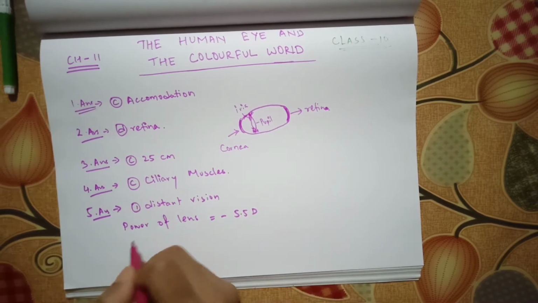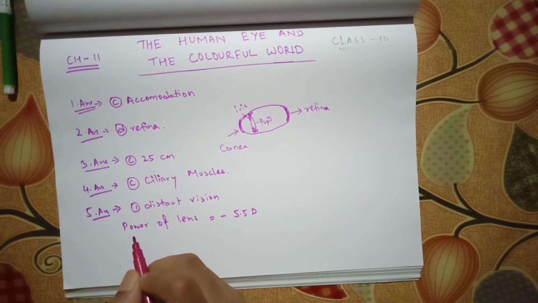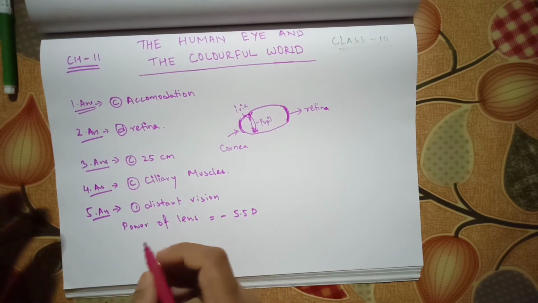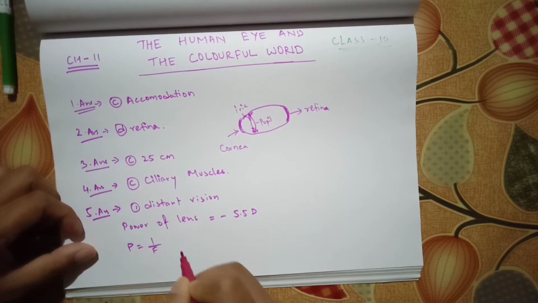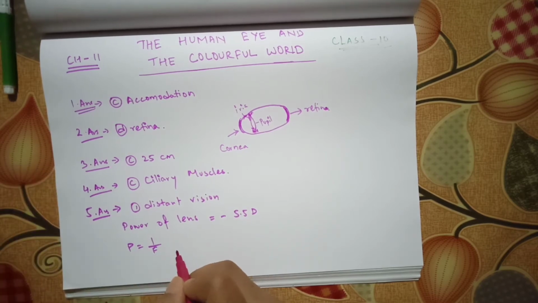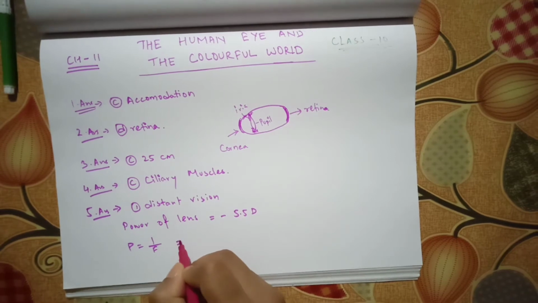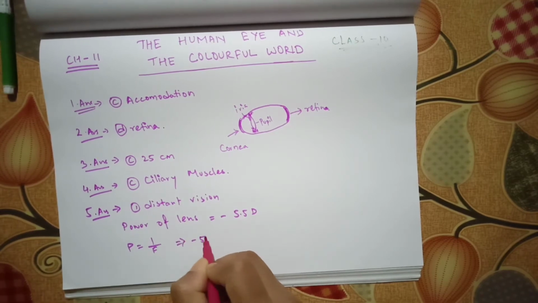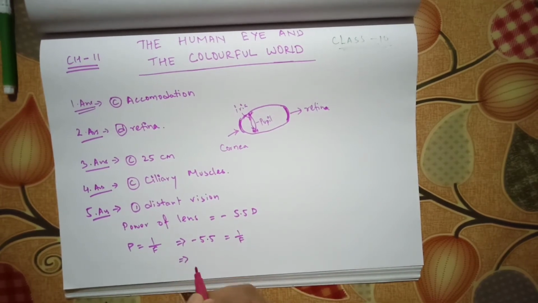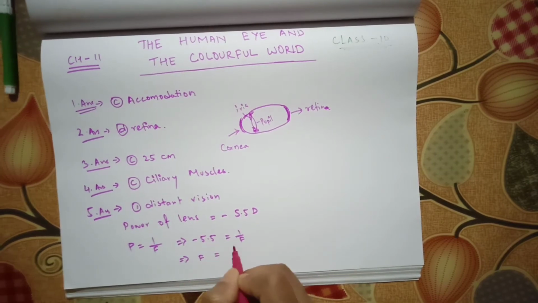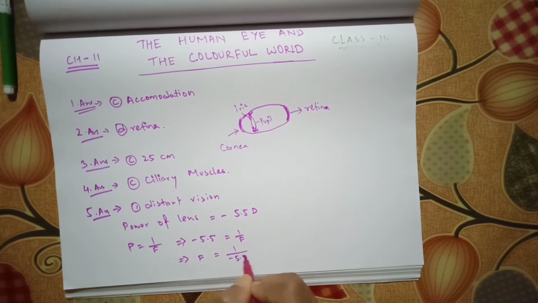Now in chapter 10, there is a formula for the power of a lens, P is equal to 1 by F. So we will be putting that formula here, P is equal to 1 by F. What is P? P is given as minus 5.5, which is equal to 1 by F. So we will now cross multiply this, and we will get F is equal to 1 by minus 5.5